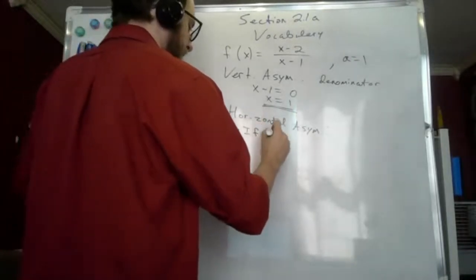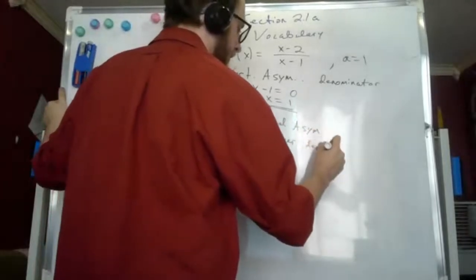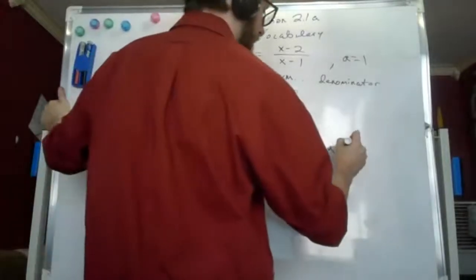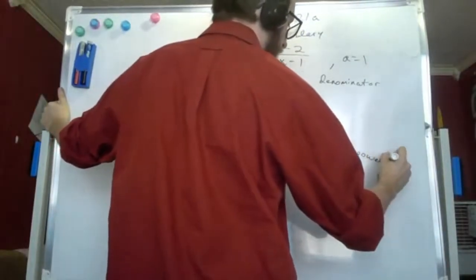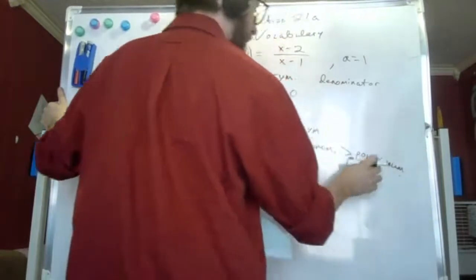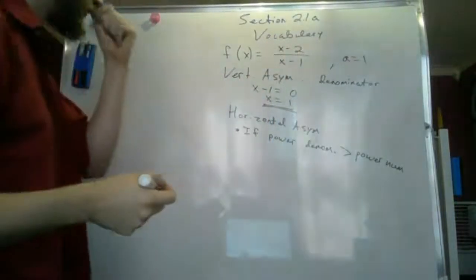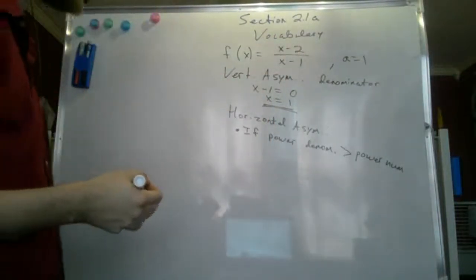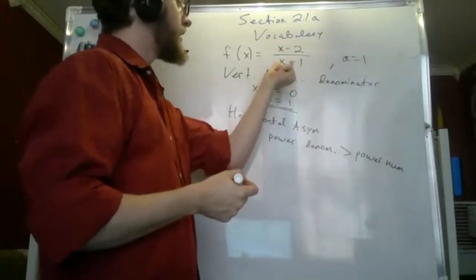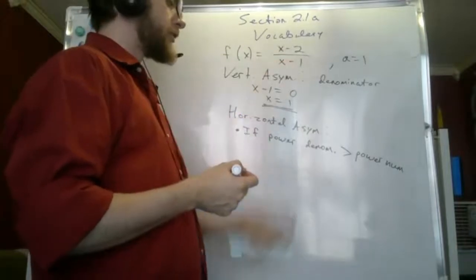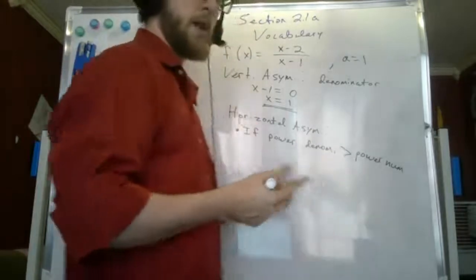is if the power of your denominator is greater than the power of the numerator. Now when I say power, I'm referring to the highest order for each denominator and numerator. What is the highest power that is included here for x? Well, in both cases we have x to the first power. So they actually have equal power, and so this first rule won't apply,